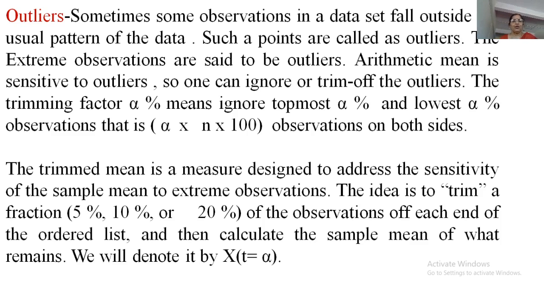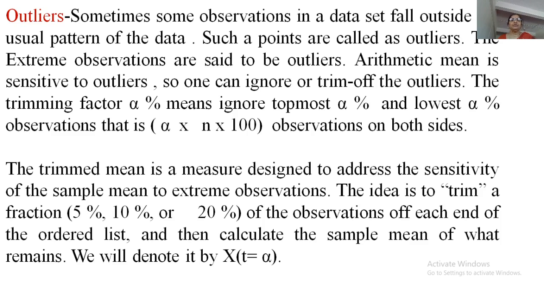So in this way we can compute arithmetic mean for the given data set. Now there is one term which is very popular in statistics, which we call outliers. Outliers are the values which are observed at the extremities. One drawback of arithmetic mean is that it is very sensitive to extreme observations, that is outliers. So sometimes when we have outliers in our data, the arithmetic mean is misleading. That means arithmetic mean is not the true mean for the given data set.